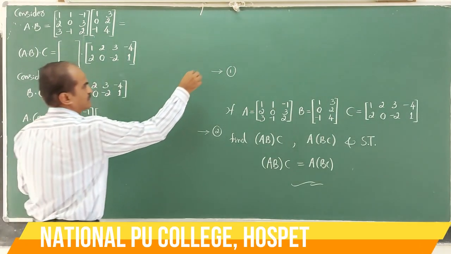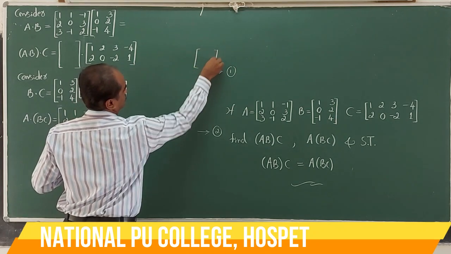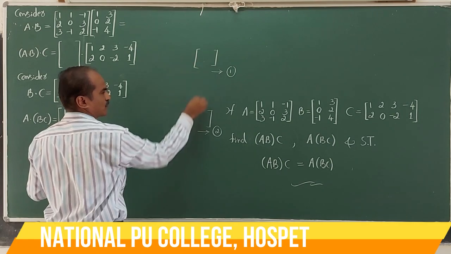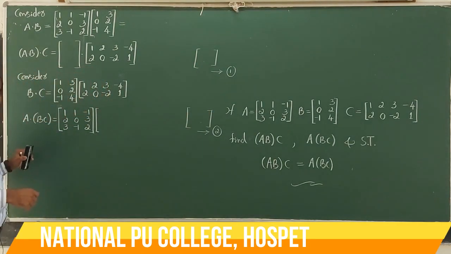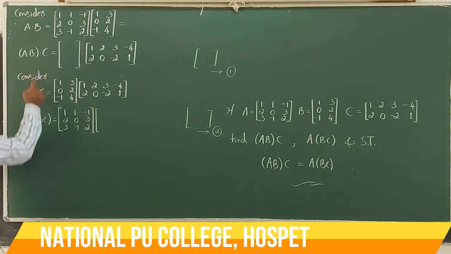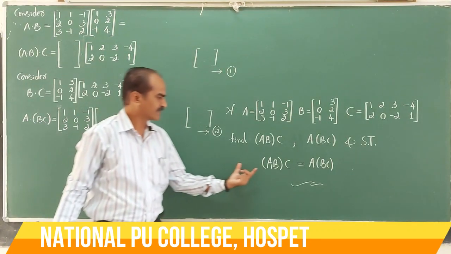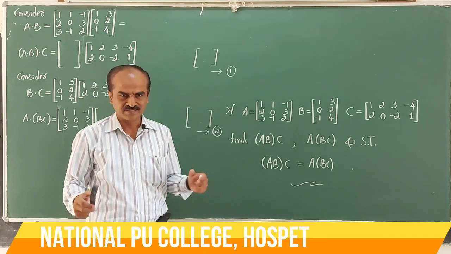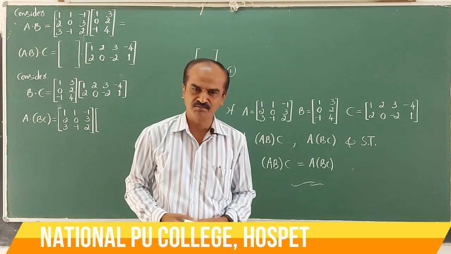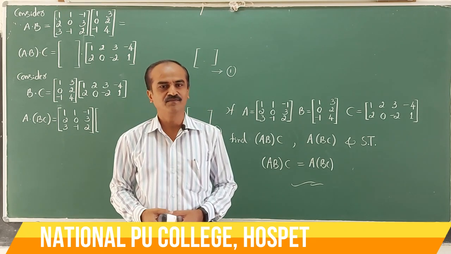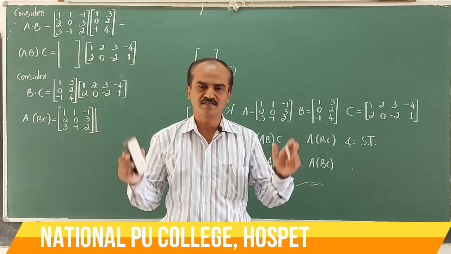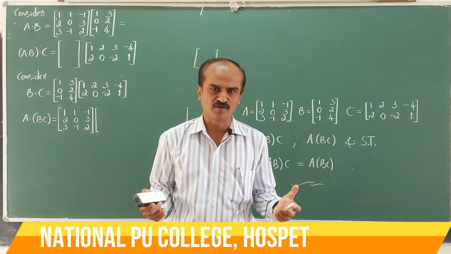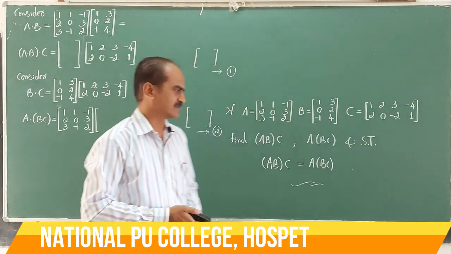Now suppose the matrix you are going to get in equation 1 and in equation 2 are equal. If the RHS of equations 1 and 2 are the same, therefore their LHS must be the same. By that you can conclude that AB into C equal to A into BC. This kind of example in your exam, believe me or not, will carry 5 marks. Very simple question, you should just know the rule of multiplying the matrices, that you have already practiced. Now let us complete this.